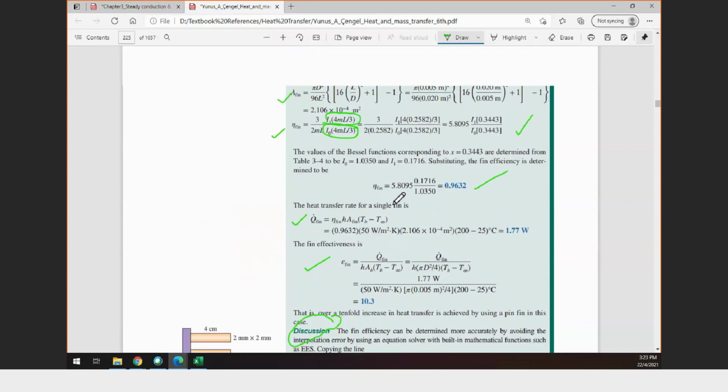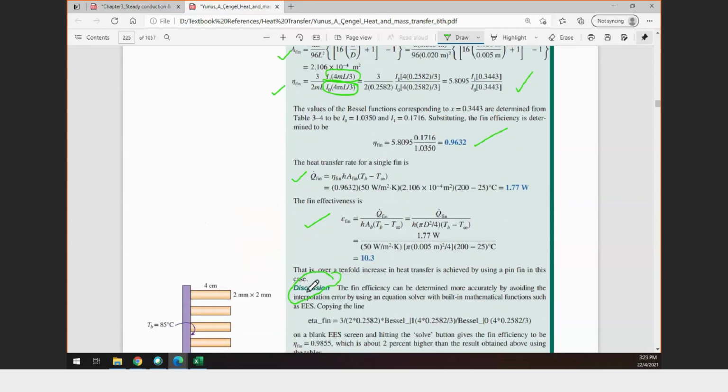If the discussion does not require accuracy, then you can say that based on the single fin calculations, the overall fin efficiency is